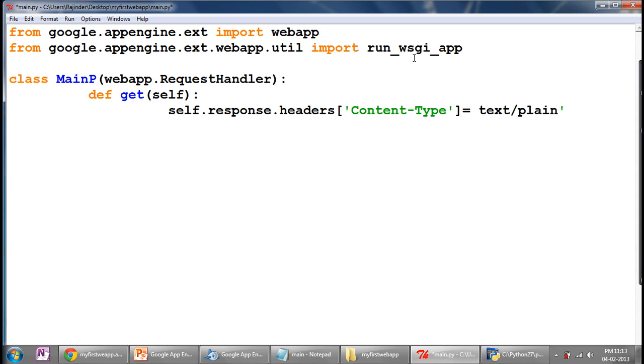Okay, because we are writing just hello world, we are writing none of the HTML code, we are providing this content type as text/plain. Now self.response.out.write, it's hello webapp.